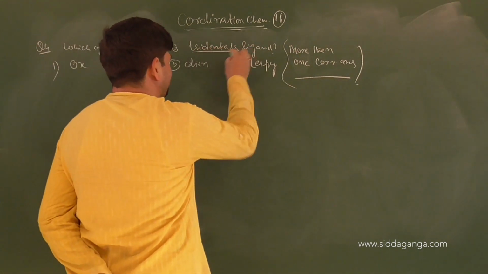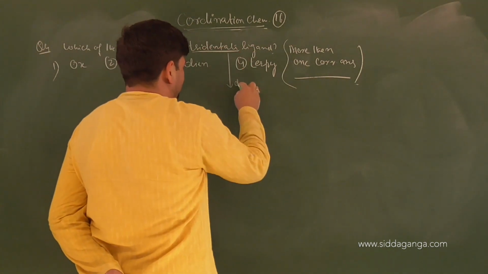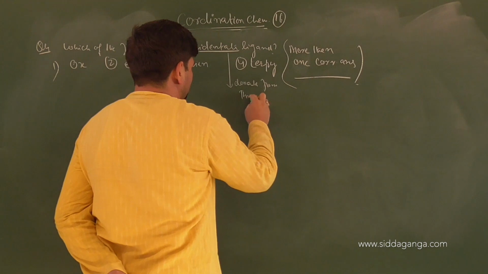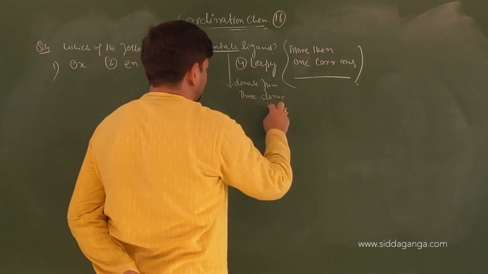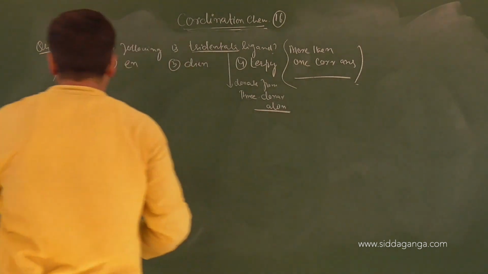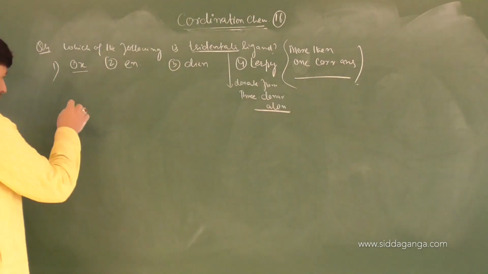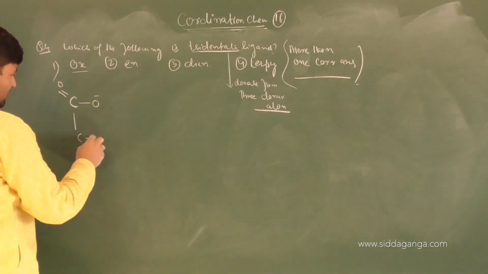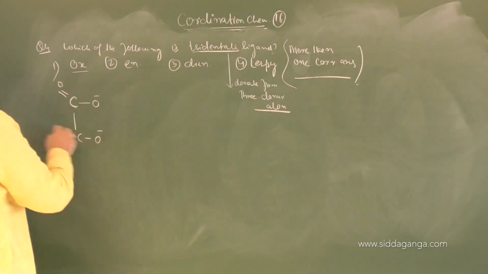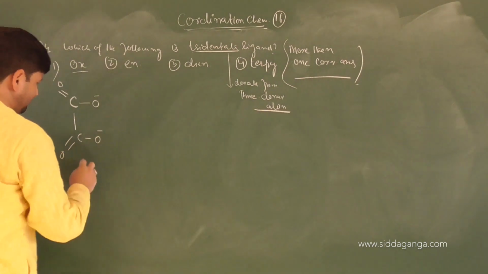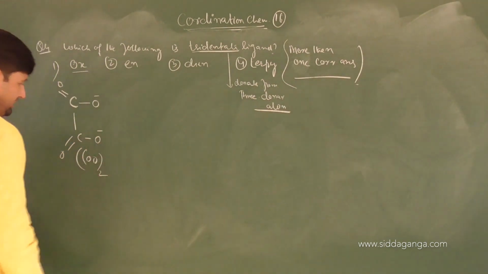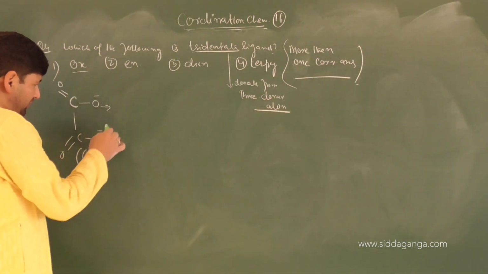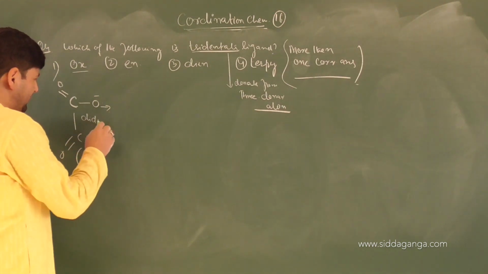What does tridentate ligand mean? A tridentate ligand will donate from 3 places, right? 3 donor atoms. Let us look at OX. OX is the oxalato group, C, O minus, double bond O, C, O minus, double bond O. Technically, we write this as COO twice, charge 2 minus. It can donate from only these 2 oxygens, so this is a didentate ligand.